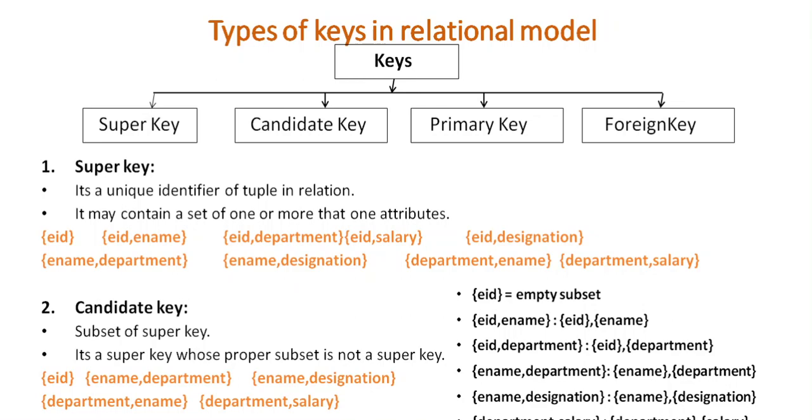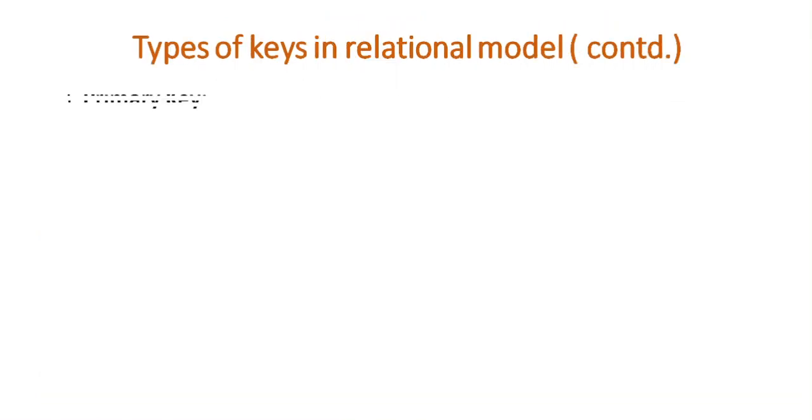In department and salary, suppose the values are not null, but in the production department, or in the finance or accounts department, two employees may have the same salary in the same department. Suppose production and 50,000 is one key, and production and 50,000 is another. The values are the same, so there is no uniqueness, and this key cannot be a primary key. This is how we can choose super keys, select candidate keys, and select the primary key.